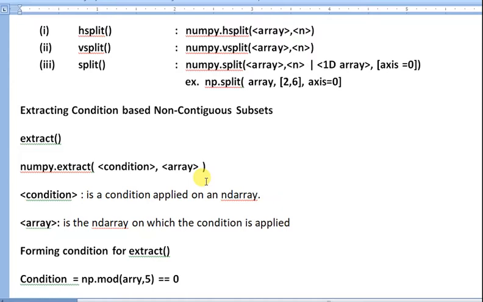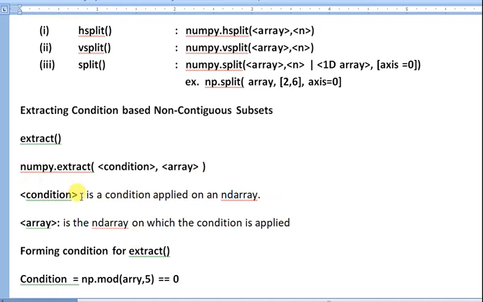Then it extracts all the values that meet the passed condition. So how can we extract the values that meet a specific criteria? We can use the extract function.